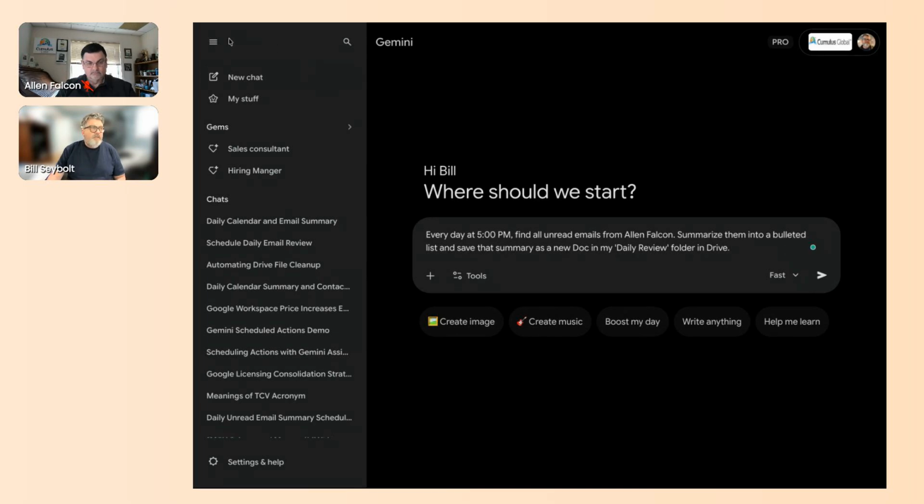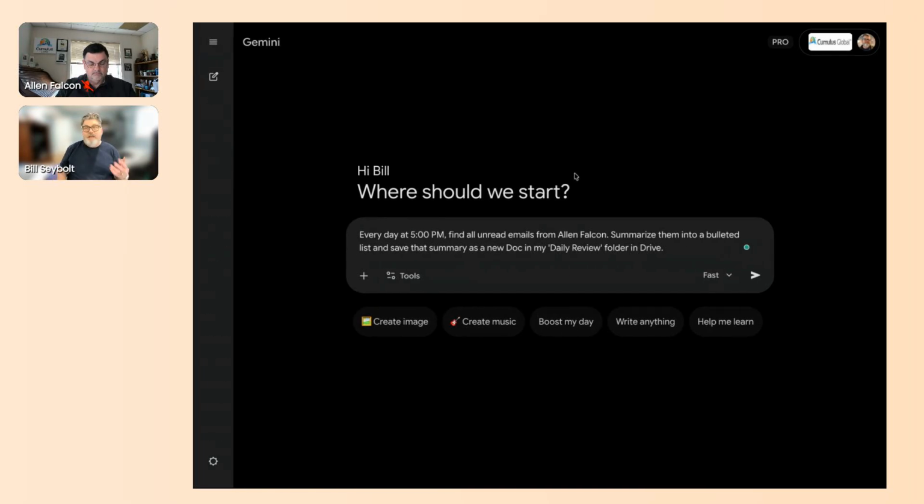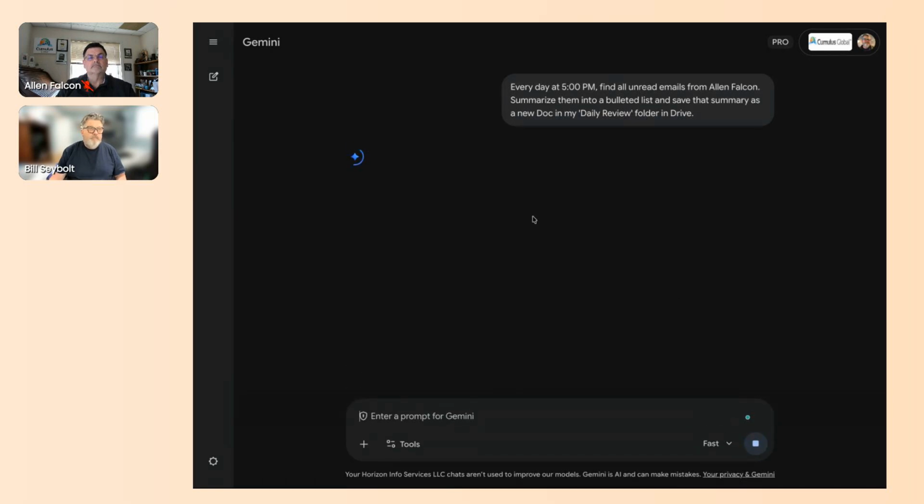So, for example, I could say, in this case, every day at 5 p.m., find all unread email from Alan. And then I could say, could you summarize that into a bulleted list and save that summary as a new doc in a folder called Daily Review within Google Drive? Again, we're leveraging a couple of different applications within the Google Workspace suite, using both Mail as well as Google Drive and Google Docs. So if I click on my Submit button here,